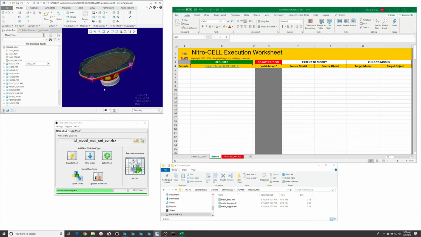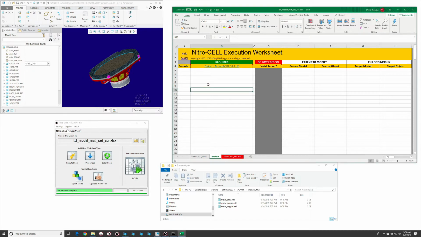Okay, so setting the current material within a model from Excel using tables kind of assumes that the model has materials to be set. As you can see here, we have this basket model within our structure that has three material options in it, and everything else in here doesn't have a material set yet. So just as a simple example, if we do a material set current,